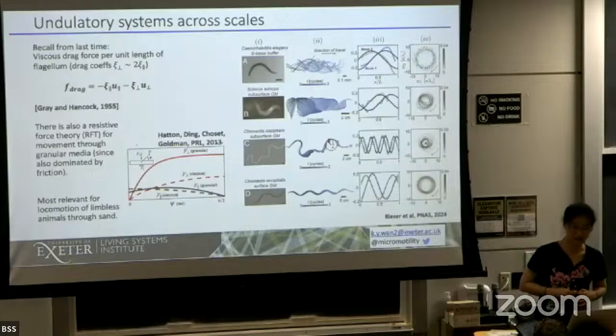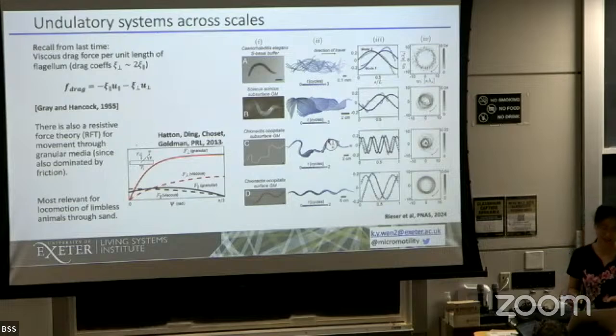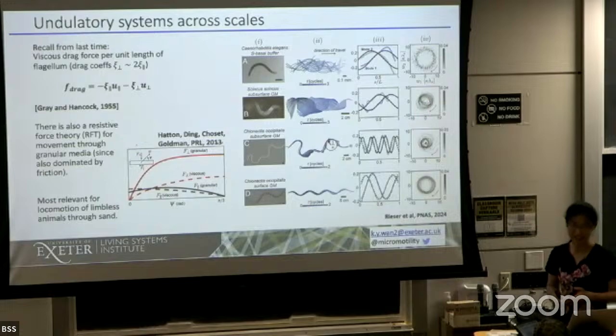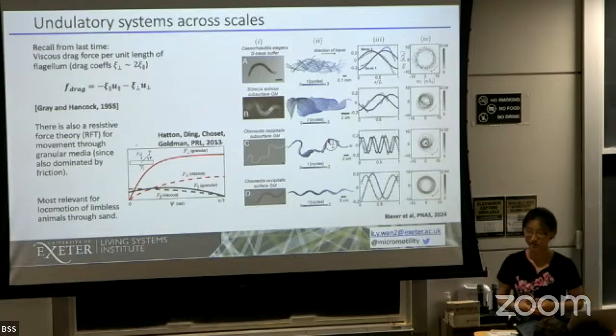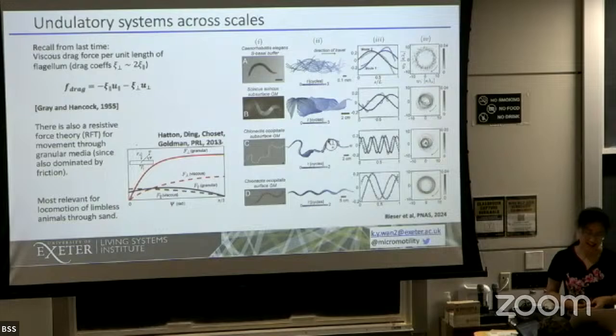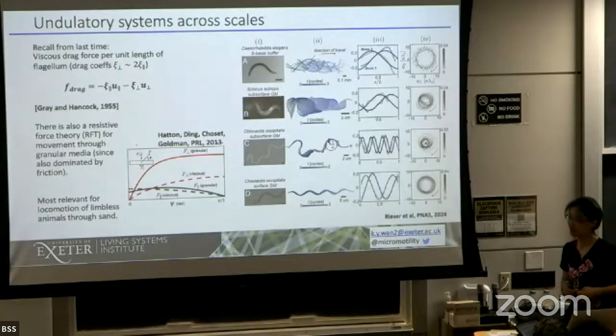And so you may have heard of this approach in the context of looking at C. elegans locomotion. So something like eigenworms, for example, may be the term that you're familiar with. And these are really just constructed from principal component analysis. So in this case, there's even a simpler way you could do this, which is just by thinking about the